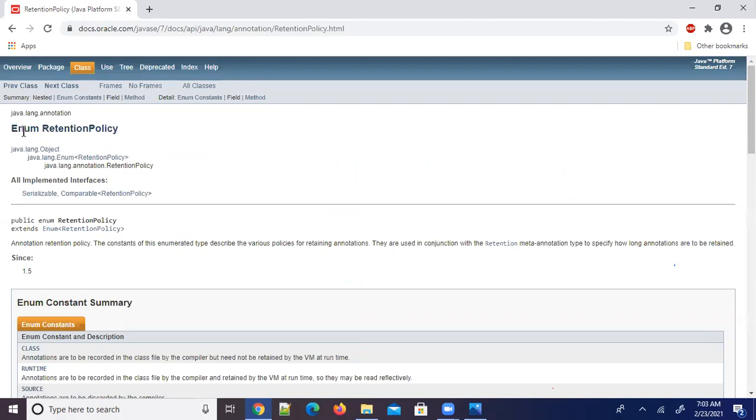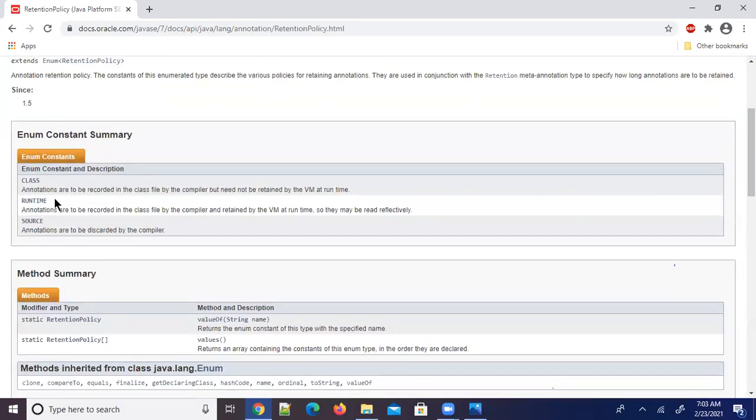You can see this. It has 3 constants: source, class, runtime. What is the description given for source? Annotations are to be discarded by the compiler.